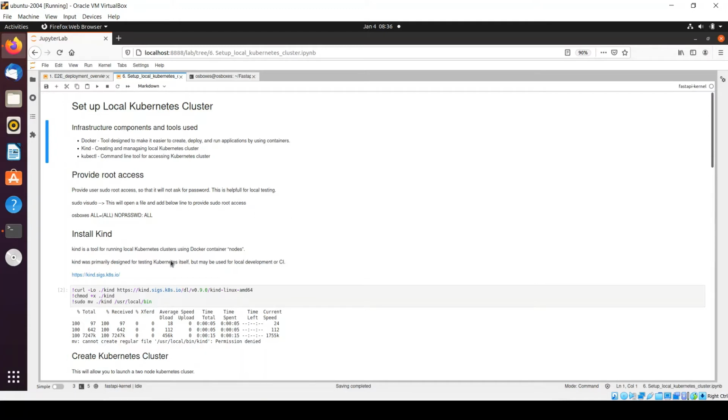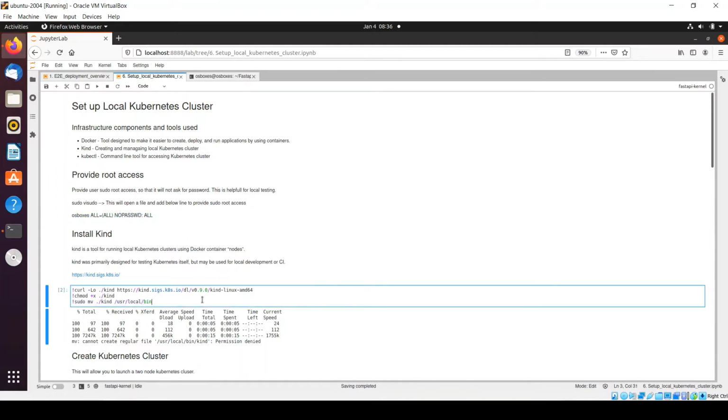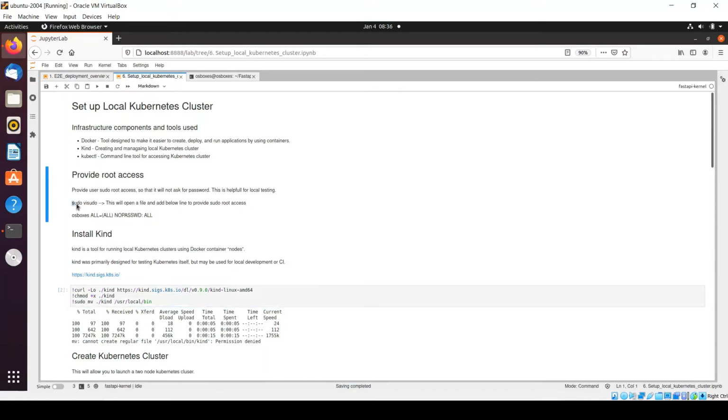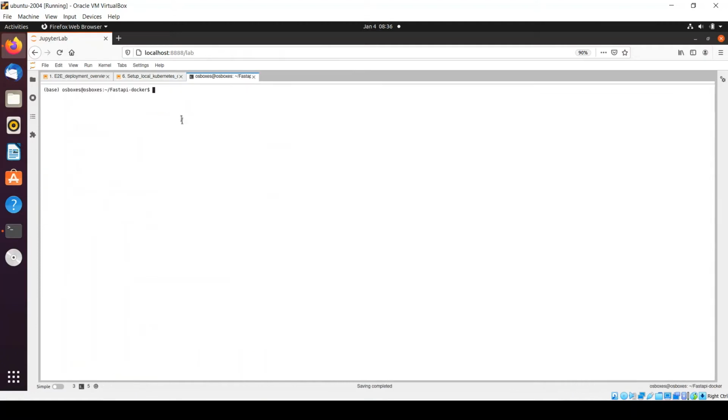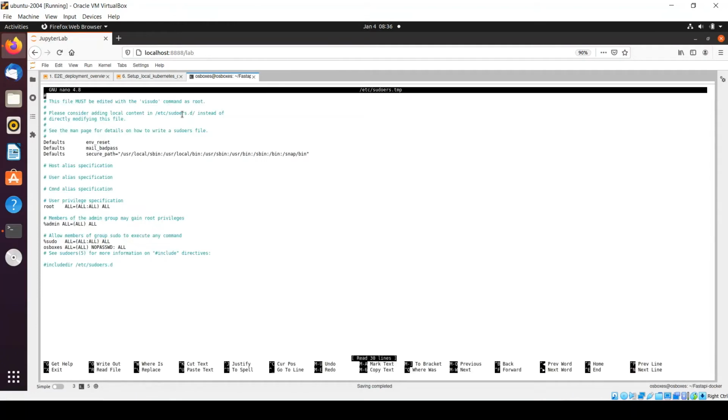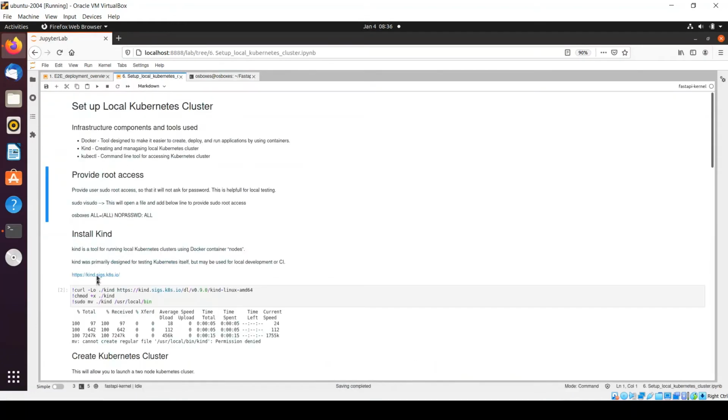Before starting any installation, make sure we have given root access so that whenever we fire any sudo-based command within our Jupyter Notebook, it will not ask for the password. Just go to the command prompt and run this command. At the bottom you need to provide this statement.